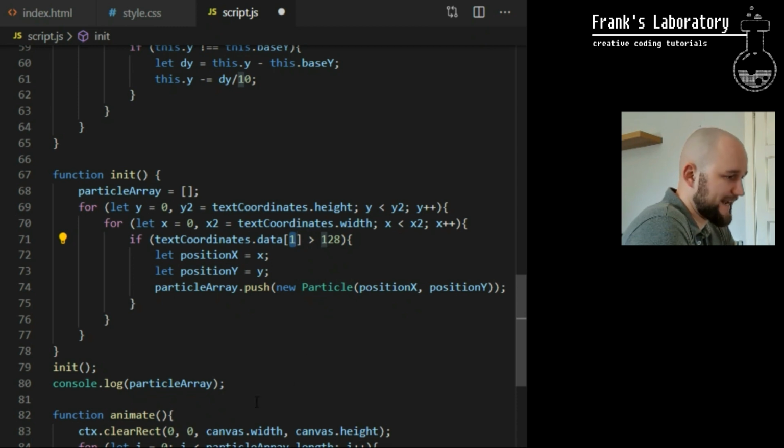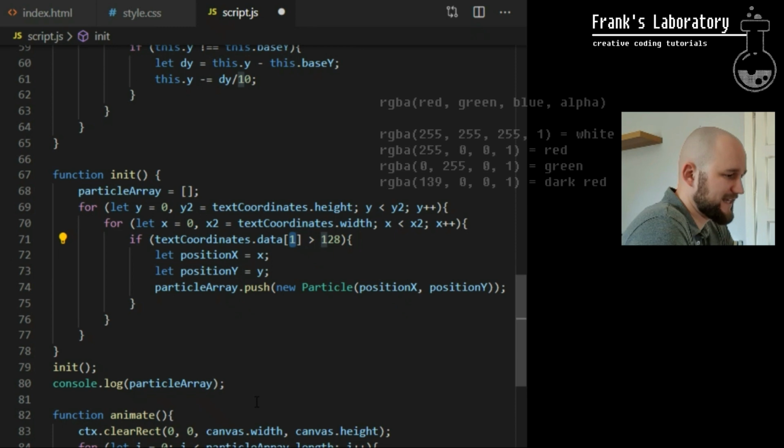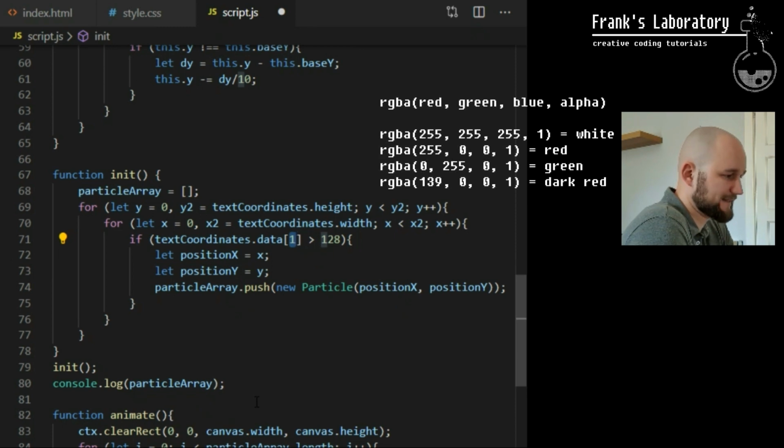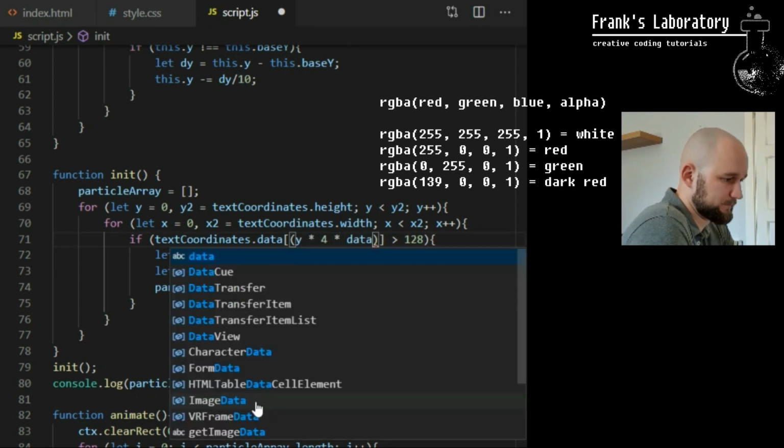What I want to do is to cycle through the entire data array and take every 4th value, because I know every 4th value stands for opacity for each pixel. It's always red value, green value, blue value, opacity value, and so on. So I need to replace 1 with some code that will allow us to skip 3 elements, check the 4th one, skip another 3 elements, check the next one, and so on.